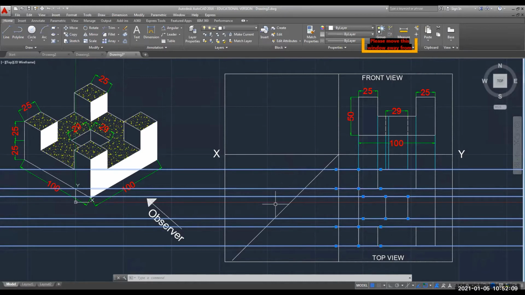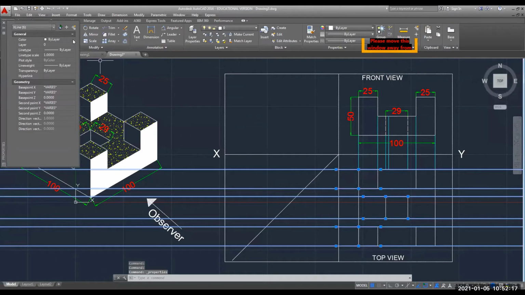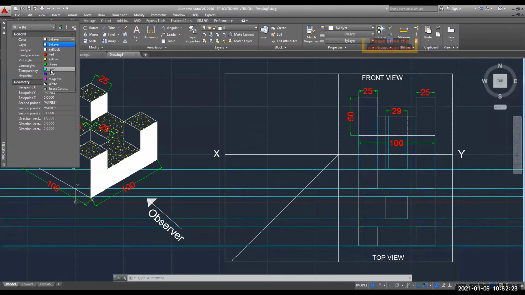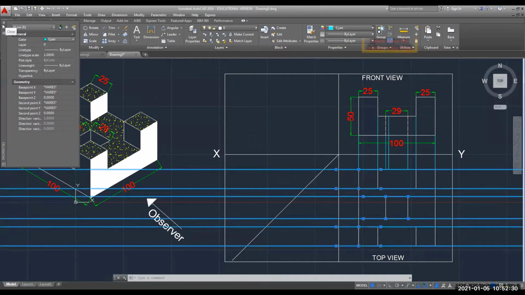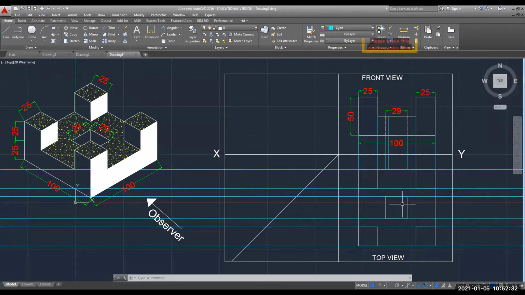Here we press the Shift key for multiple selection. Then right click, click on Properties. Here you can see the color option is ByLayer. I want to change this color to cyan, or call it light blue, so that we can differentiate between your main drawing and your projection lines.